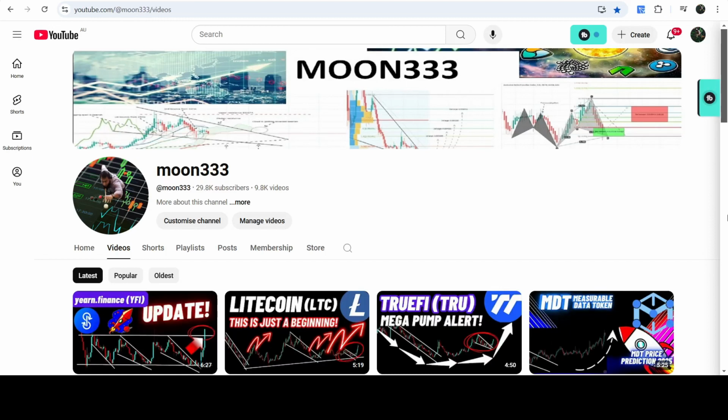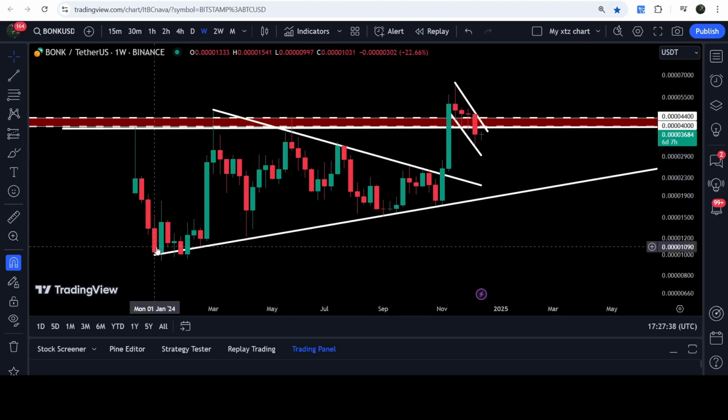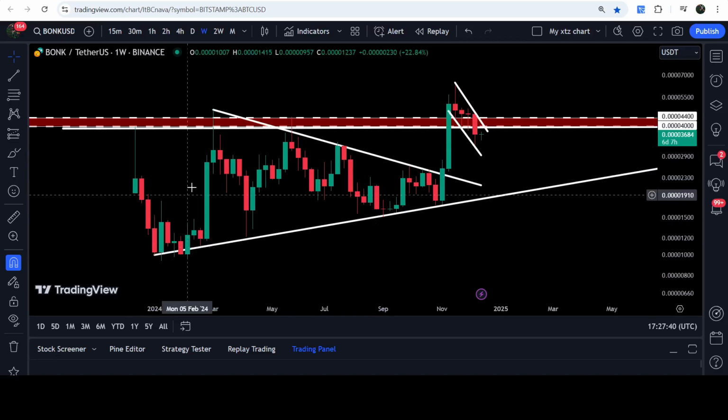Welcome to the new update on Bonk. On the 7 day time frame chart, Bonk has broken out of a very big and long-term symmetrical triangle. You can see that we found support here in the month of January 2024, and after this big bounce, we got rejected by the resistance of this symmetrical triangle here in the month of